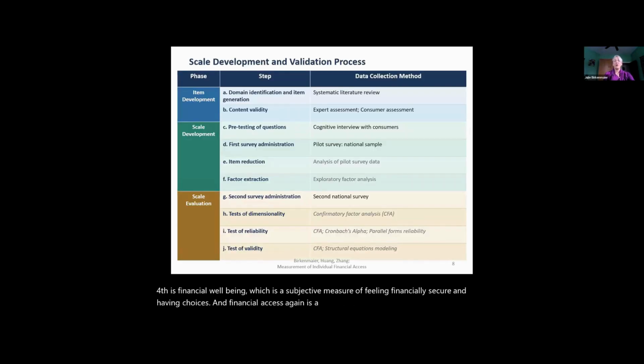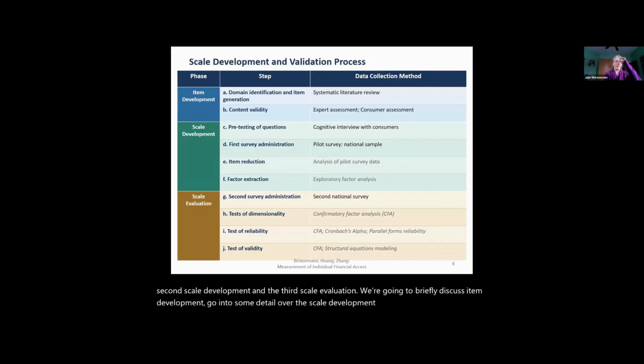And we wanted to, in this project, develop and validate a scale that would differentiate this concept. So this slide shows the steps that we've taken to develop the scale. Briefly, on the left-hand side, you can see there were 3 phases. The first one was item development, the second, scale development, and the third, scale evaluation. We're going to briefly discuss item development, go into some detail over the scale development, and talk more in depth about the scale evaluation steps.